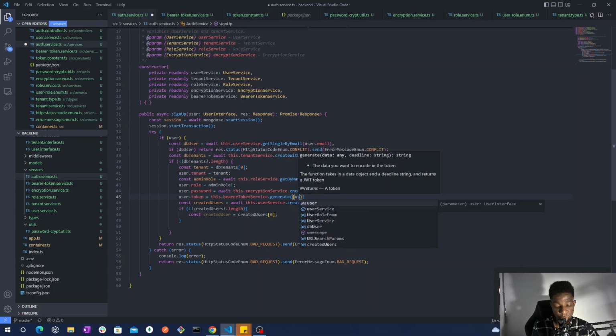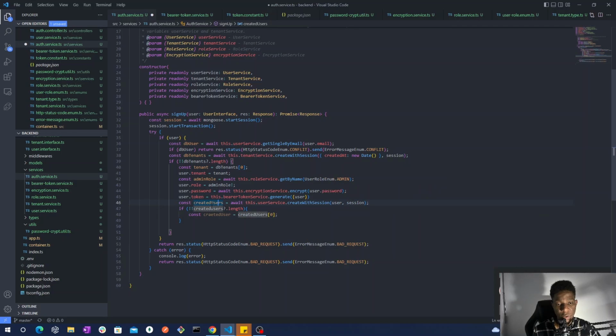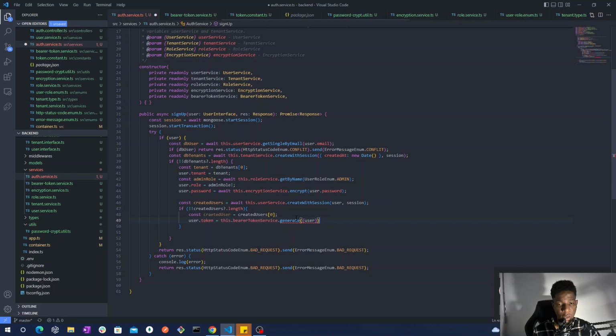We will need the user actually. Yes, we will need the user. And if we need the user, that means that we need to generate the token after we create a user. So yes, after we create the user, so that will be here, and we'll use the created user,